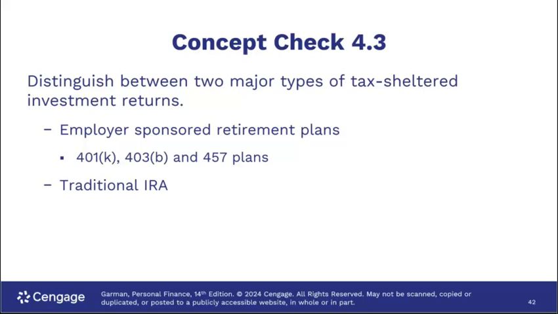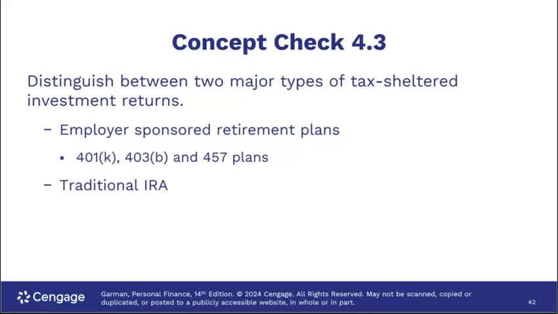Okay, so distinguish between two major types of tax shelter and investment returns. You have employer-sponsored plans, like the 401k and 403b. There are limitations on the amount you can put in those, but the limitations are much greater. You can put a whole lot more in an employer-sponsored plan than you can in a traditional IRA or a